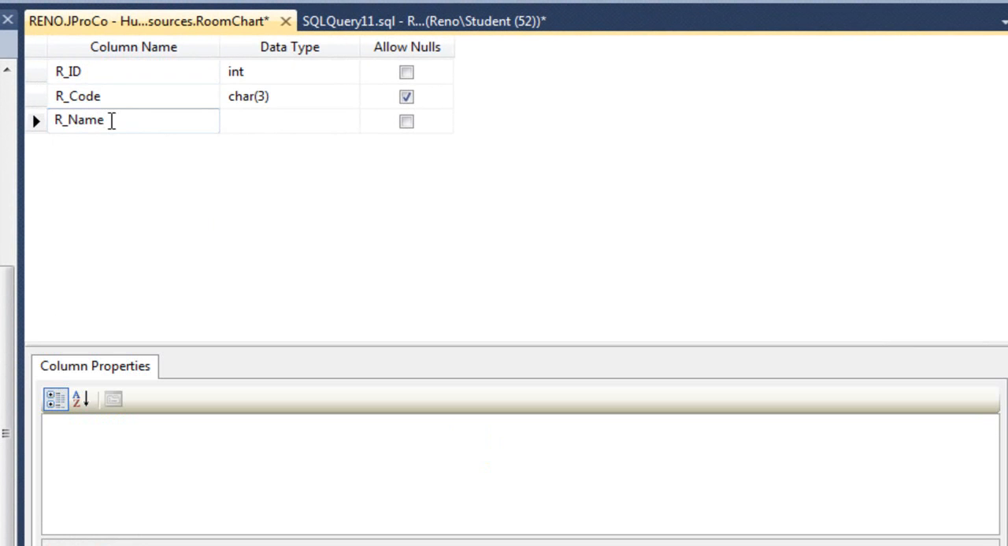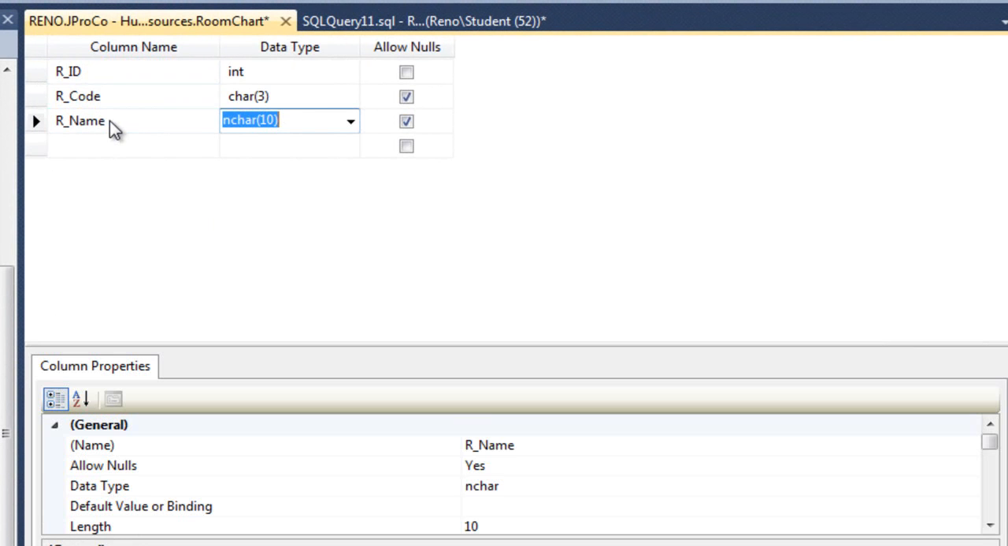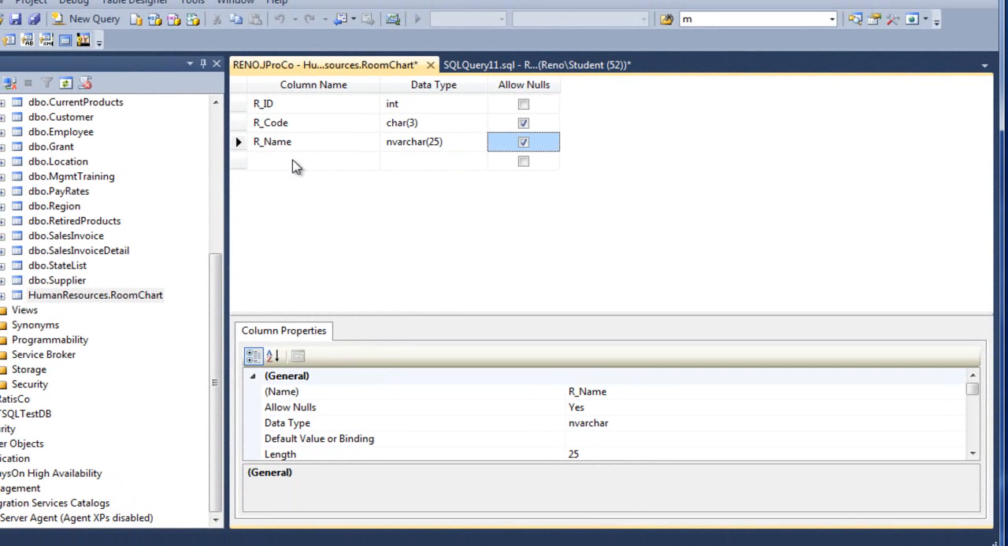And we're going to say some rooms are really long in their names and some rooms are shorter in their names, just like you've known people with long last names and short names. So we're going to say that room names can go up to 25 letters in length. So I'll say nvarchar, and in the parentheses, put 25. And this can be null. Let's save this table,